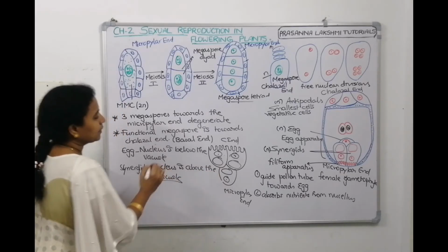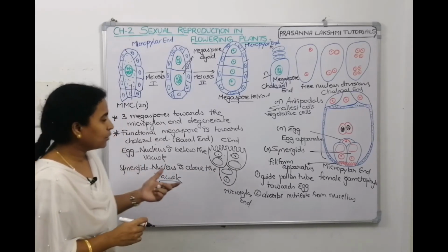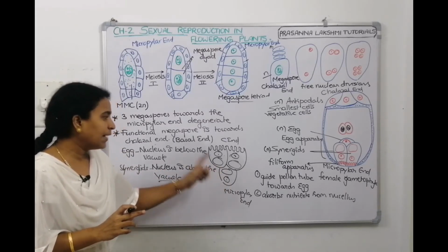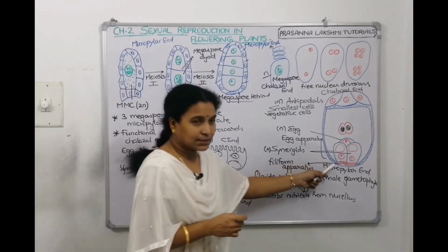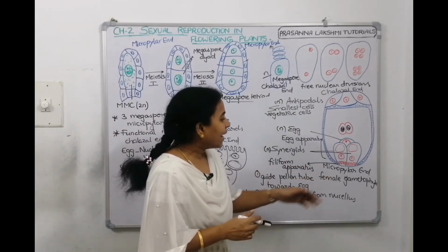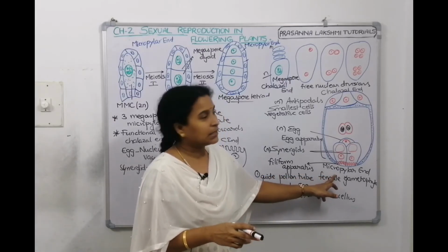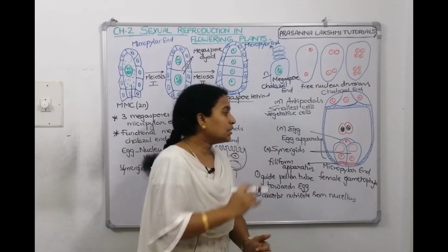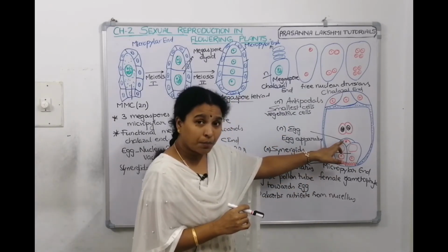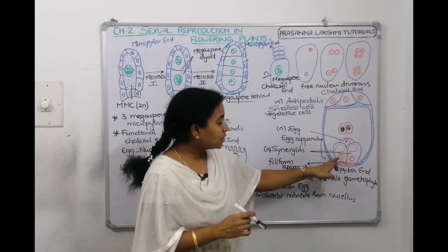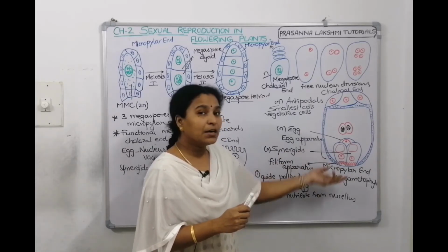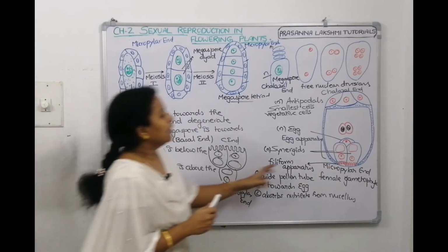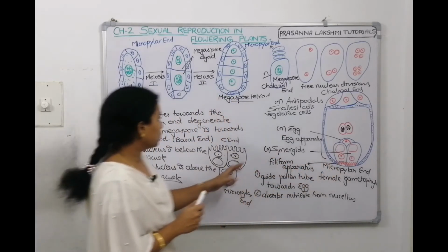Don't get confused. What are we talking about? We are talking about the locations of the vacuole and the nucleus in the egg and the synergids. When we draw like this, in NCERT the picture is like this. But actually the micropylar end is the apical end, the apex end, and the chalazal end is the basal end. It means we have to see the picture in a reverse manner. Whatever you see on the top is actually at the bottom. Here we see the nucleus at the bottom, but when inverted, it becomes the top. That is why we said the nucleus is above the vacuole. In this picture, the nucleus is below the vacuole. So that's what I am trying to tell.